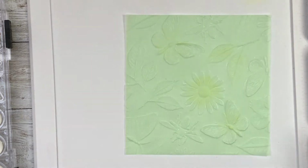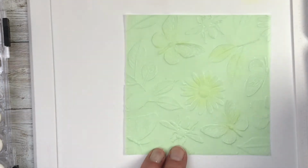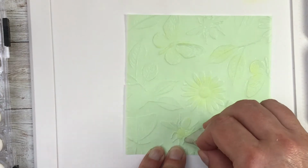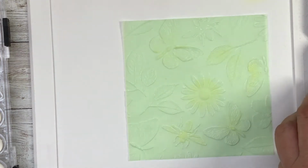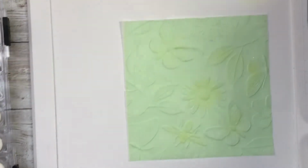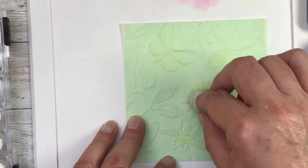So these are my oxides. That was Twisted Citron. We've then got squeezed lemonade. Any ink will work. It's just what you like to work with. I've got another couple of inks that I'm going to use throughout these videos, but the choice is yours. But this gives you an idea of how the colours come together. So let's just add a little bit of the Kitsch Flamingo, which is a new oxide in my collection, and I have to say I do rather love it. So you can dab some of the colour off, and then you can bring it in and then just blend over the top. You can very gently smooth it,